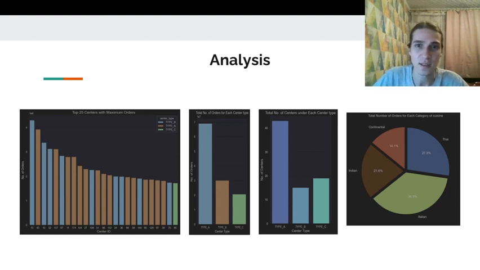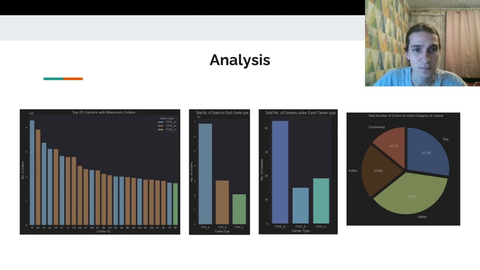Center type B has a large number of orders, but not as many as center type C. You can also see the diagram that shows that Italian cuisine dominates the rest in terms of the number of orders. Thai and Indian cuisines have similar popularity, and people very rarely chose continental cuisine.